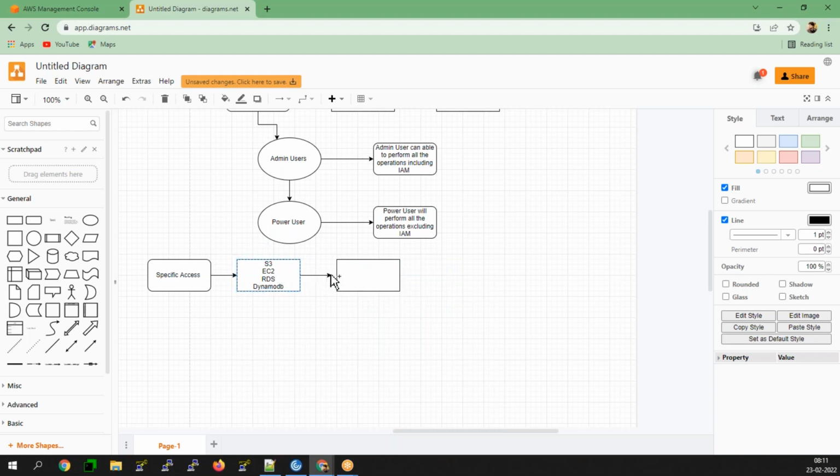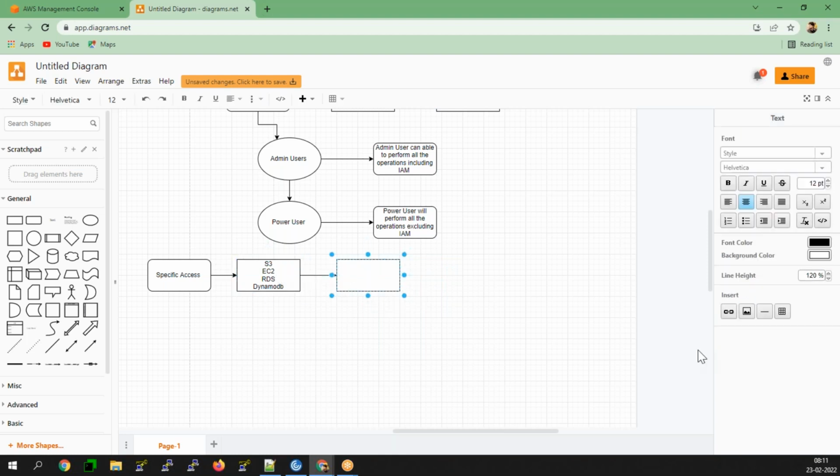That means you're providing full access. This is one main important thing that you guys need to understand: only for the specific resources.